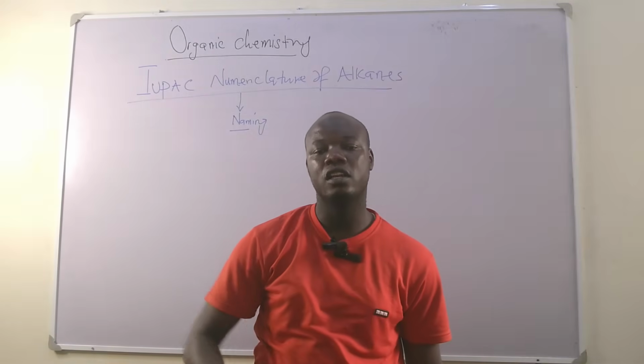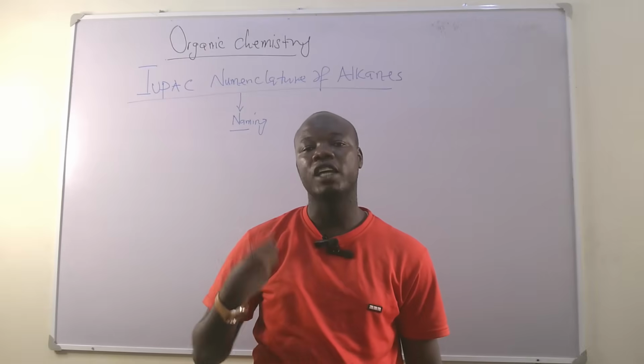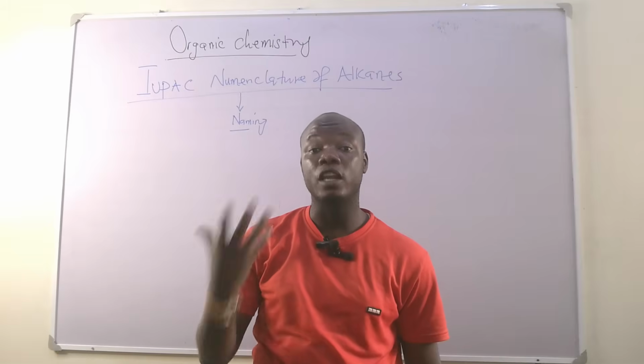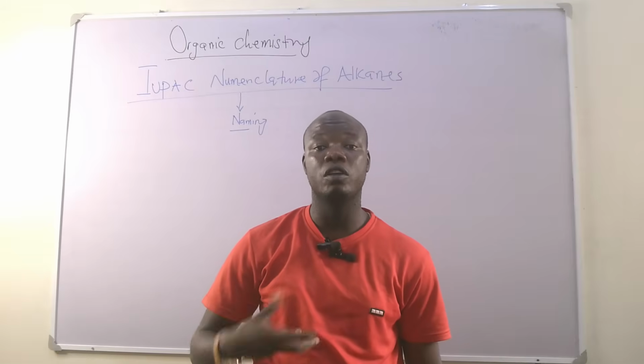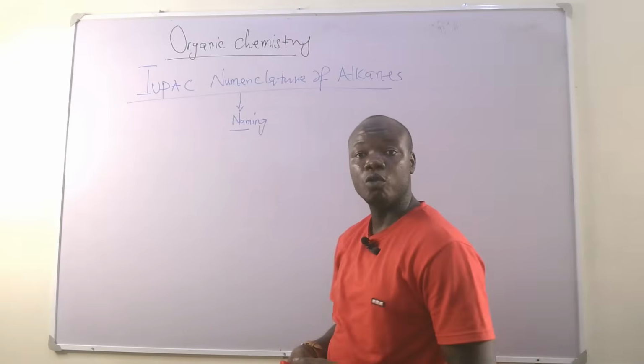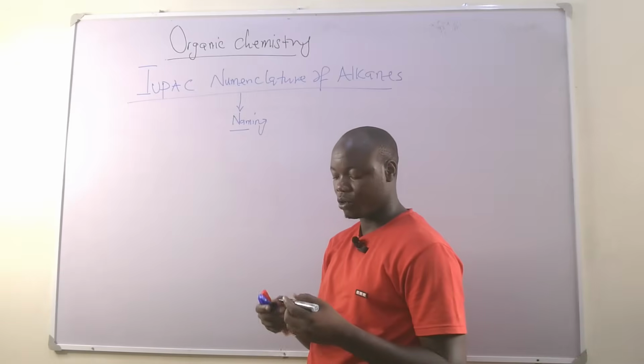So in simple terms, when we say IUPAC nomenclature, it means the naming of organic compounds, or the naming of alkanes. And don't forget, ladies and gentlemen, when we started with